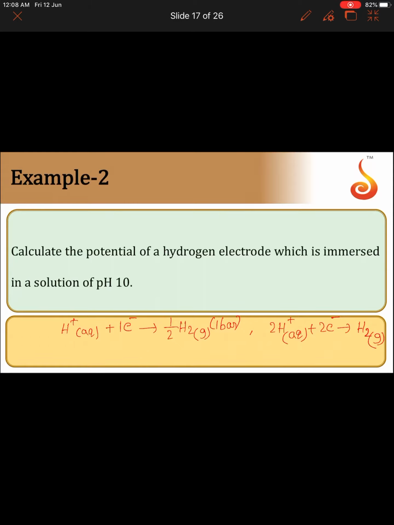Now the Nernst equation for the hydrogen electrode is E(H+/H2) = E0(H+/H2) - 0.0591 by n log 1 by [H+]. Anyway, pressure of the H2 gas is 1 bar, so 1 by concentration of the H+. The reduction potential value of the hydrogen electrode is 0. So E0 value is 0 minus